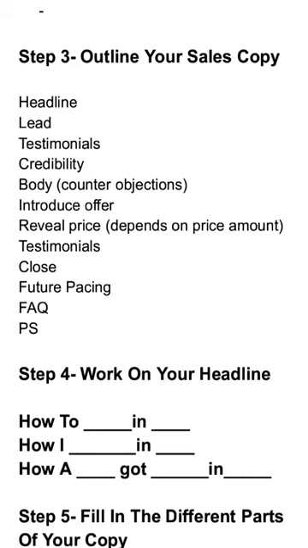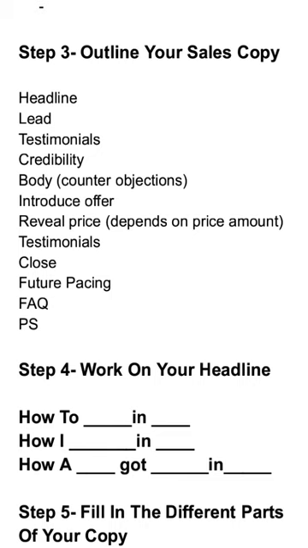Okay? And this is normally done in what I call the body copy. And you will know what objections are during your research. You're going to find out what the objections are when you contact and converse with your target market. That's why I keep saying the research is very important. The research is where you can also learn about the objections, the different reasons why your target audience will not buy from you. So your job is to name out the objections and counter them in your copy.